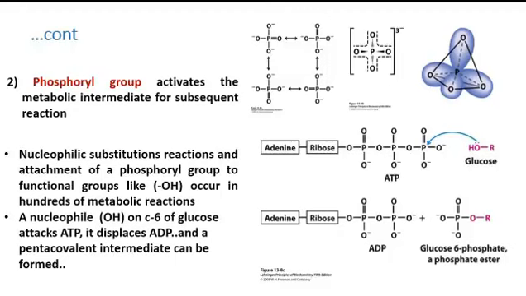There are some nucleophilic substitution reactions occurring at phosphoryl group in nature, and these include the reaction of nucleophilic functional groups like hydroxyl with phosphoryl group. Here in this reaction, the negatively charged oxygen of hydroxyl group that is attached to glucose attacks the phosphate of ATP. We can see this is adenine, ribose and 3 molecules of phosphorus, meaning this is ATP. And this reaction results in the formation of 1 ADP and a pentacovalent intermediate. And here we can take the example of glucose 6-phosphate formation.